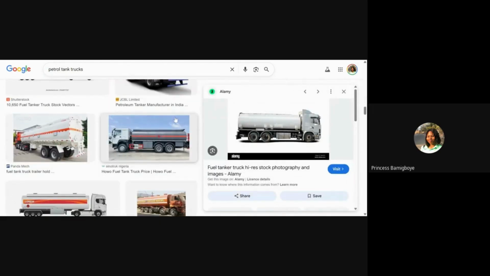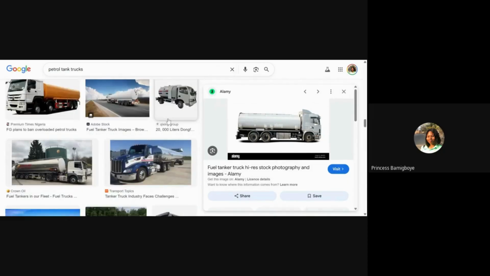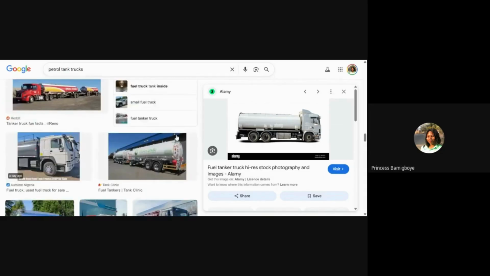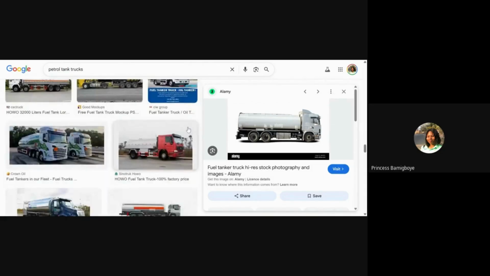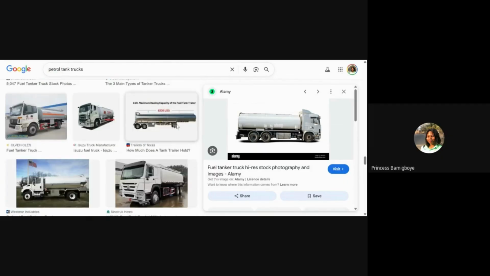I think that's the reason why they tell you that when you're going to gas stations, petrol stations, you should keep your phone as far away as possible. Your phone has charges. This petrol too has charges. So if they now bombard, I promise you something is going to explode. That's the reason why they used to say you should not receive calls in gas stations, because it may trigger something, and then an explosion may happen.